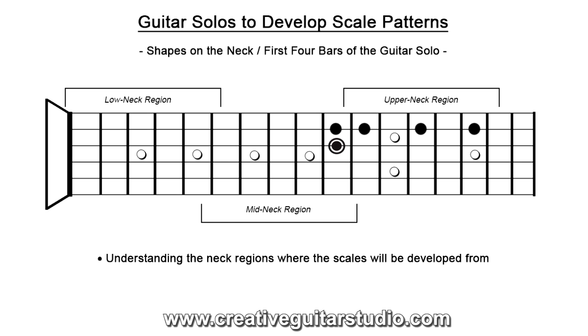So altogether, we were really just using a small collection of scale tones from the full patterns that we had looked at when we first started the lesson plan. So I think this is really all we used in the first 4 bars of our F major guitar solo,